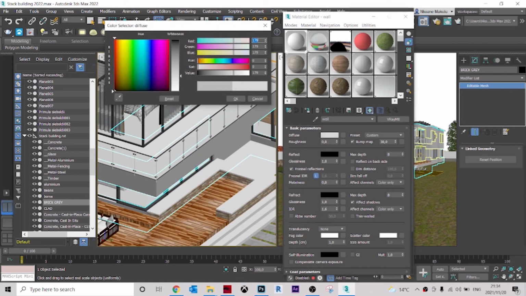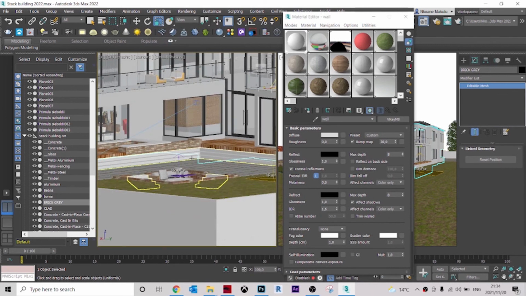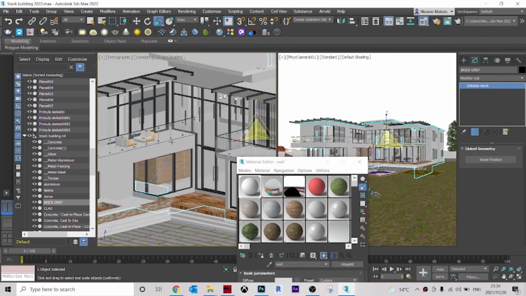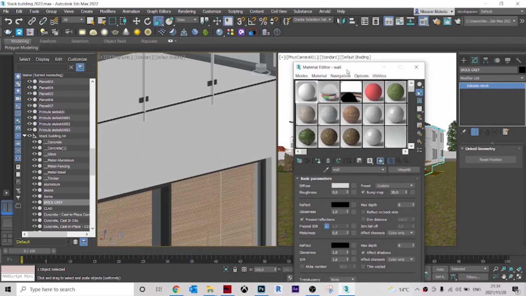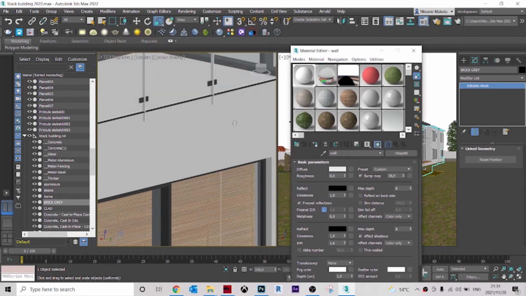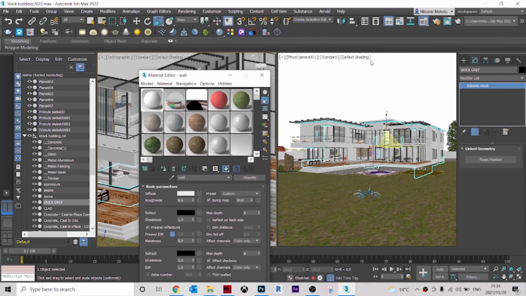And I'll just make a simple white material. Leave it there for now,